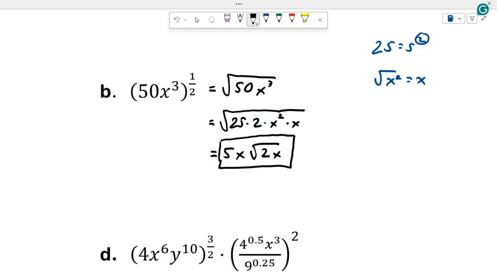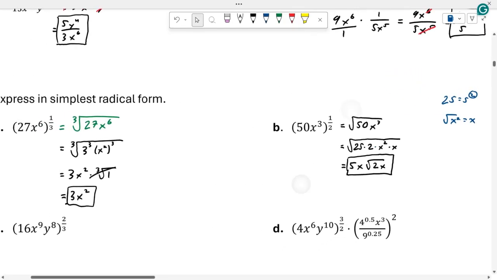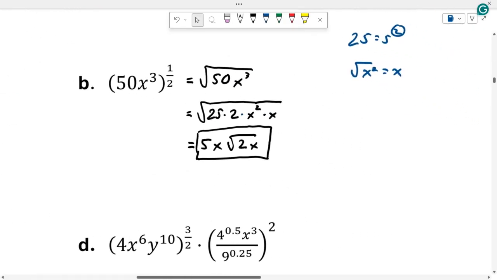I've successfully pulled out as much as I can from underneath the root, and anything that I can't stays underneath it, and that's my final answer. And it does say express your answer in simplest radical form. In another context, I'll do this in red, I guess, in another context, you might want to write it like this,